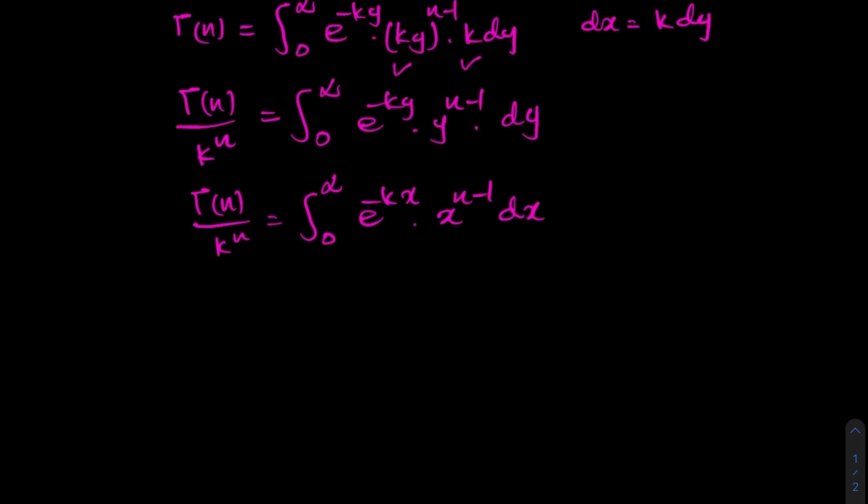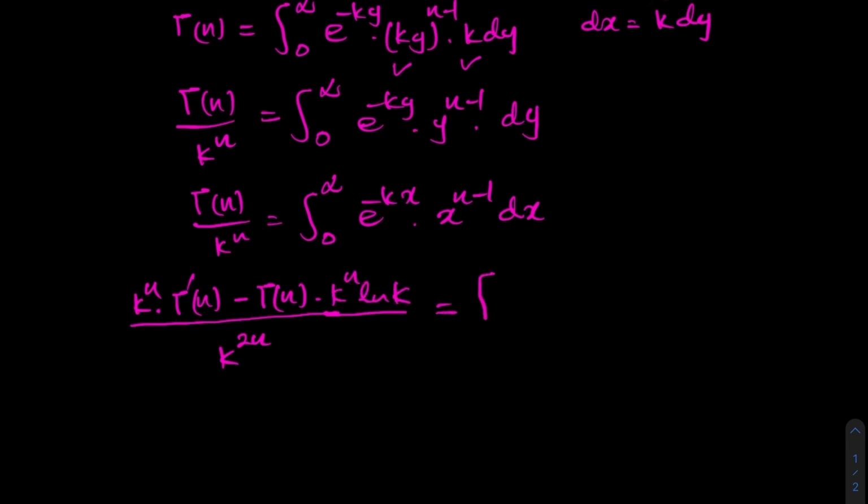Now I am going to differentiate with respect to n. Here we have k to the n raised to the 2 power, so k to the 2n, using the quotient rule, so here k to the n times the derivative of the gamma function, gamma dash of n, minus gamma of n times the derivative of k to the n, which is k to the n times natural log of k, is equal to this side, the integral from 0 to infinity of e to the minus kx times x to the n minus 1 times natural log of x, sorry, here not k, here x,